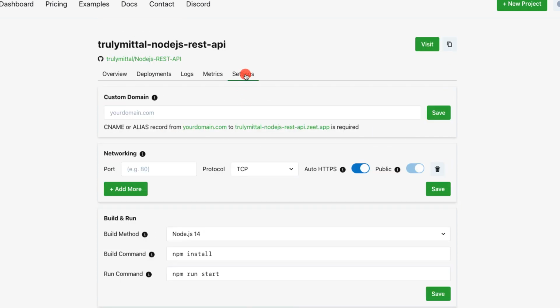And if we go to the settings page here of this application, we see that this is the URL of our application, that is toolmethod-nodejs-rest-api.zeet.app, or else you can also provide in your custom domain. So I'll be linking a card at the top here where you can see how to add a custom domain